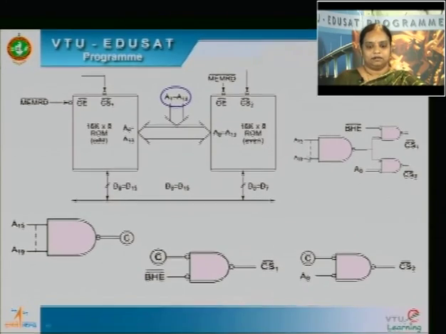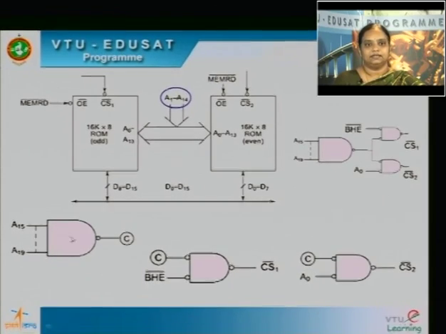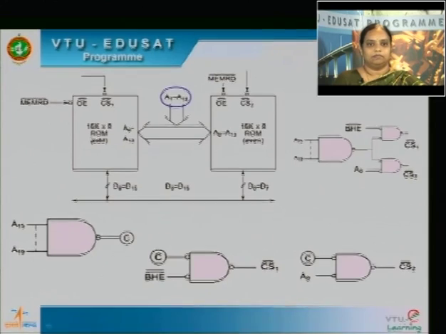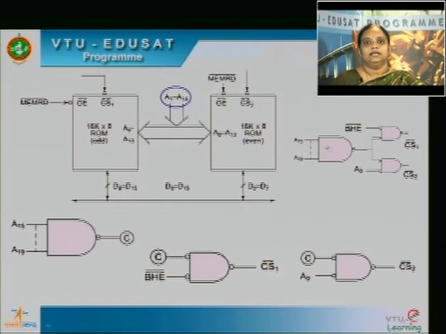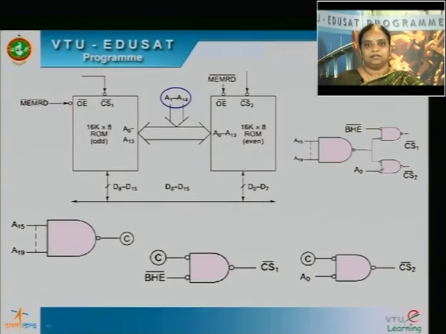Later, the higher address lines A15 to A19 are given to the chip select. So this is your chip select here, and this output of the chip select along with BHE will select CS1 for your odd bank, and the same chip select along with A0 will select CS2, that is the even bank. So together all these NAND gates can be put like this. This is your A15 to A19, and that along with BHE selects CS1,